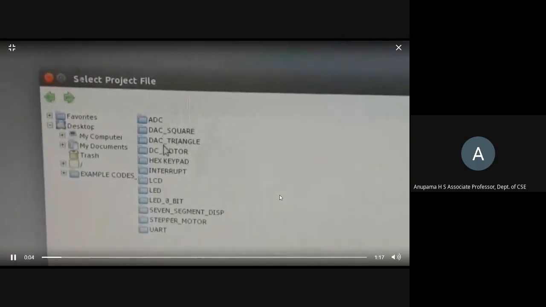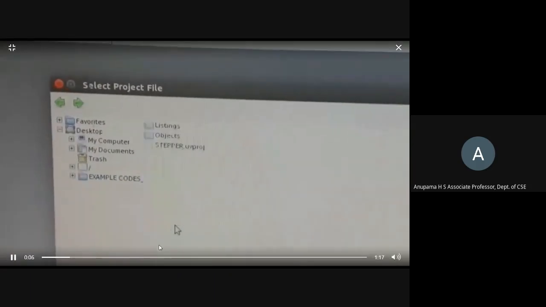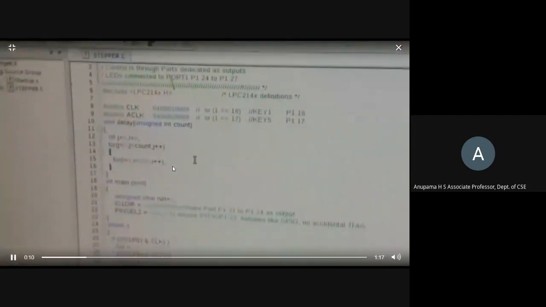So this is the working of the stepper motor. Wherever the file is located, you will put that file into the Keil software. We know how to open that; we have already seen it in the regular lab of the software experiments. So whenever it is open, you are creating your hex file.